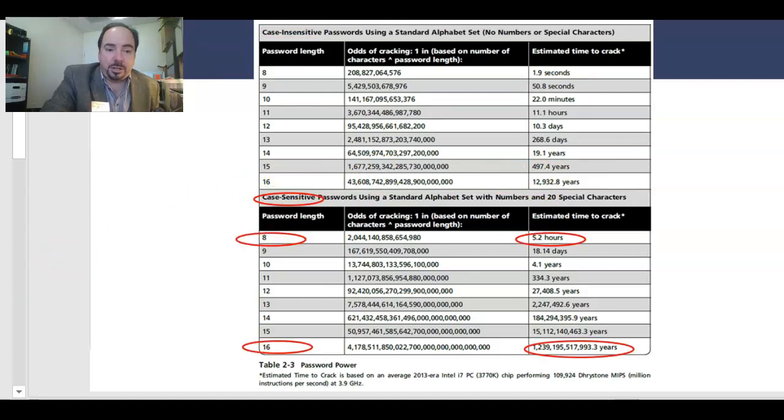Now, if we look at case sensitive, so we add upper and lowercase characters making a difference, a short password, still only going to take 5 hours to break, given the opportunity. Whereas a password that's just twice as long doesn't take twice as much time, 10 hours. It actually takes a trillion years.